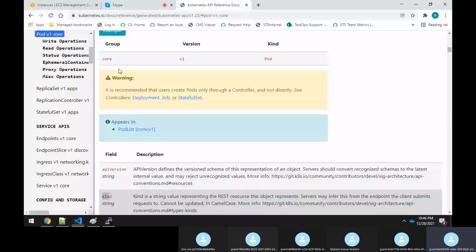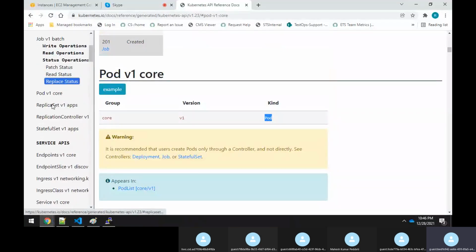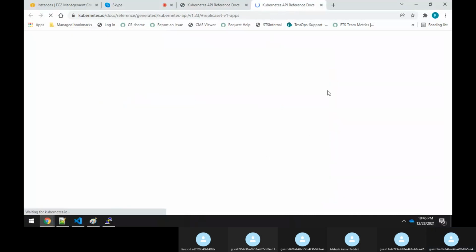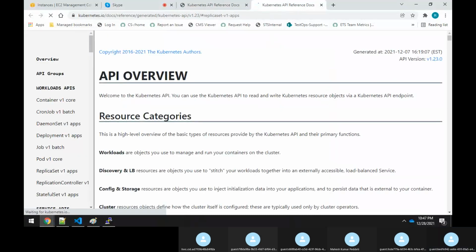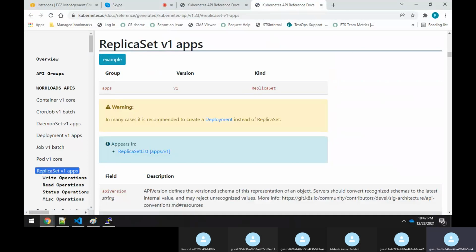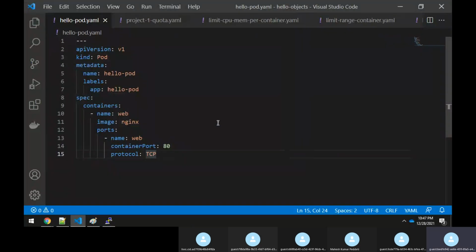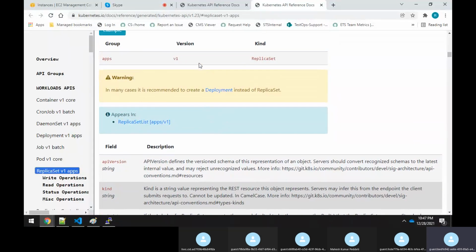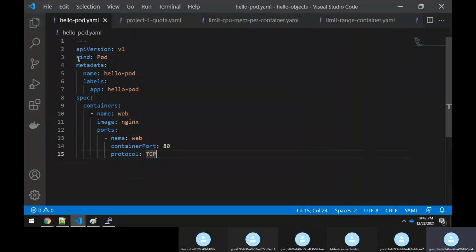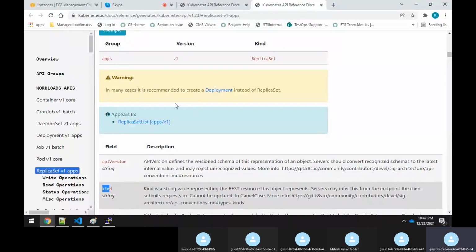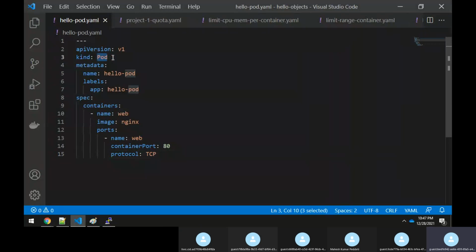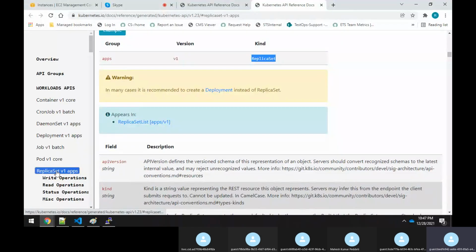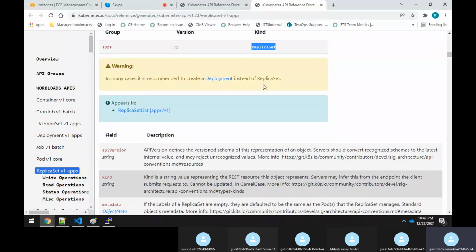Now you could see, suppose for example you have a replica set. I'm just giving an example. Let me open the replica set. Whenever you write a replica set, the same thing: you write API version v1, and kind, but here the kind is ReplicaSet. So whenever you are implementing a replica set, obviously the kind will be ReplicaSet.